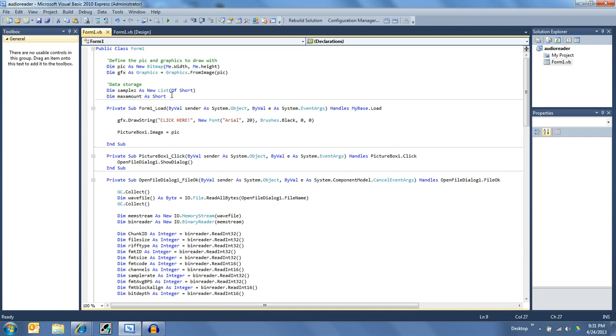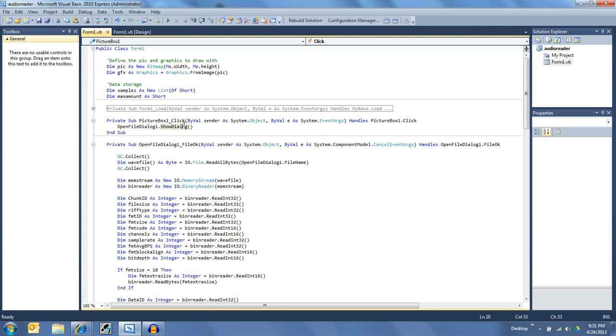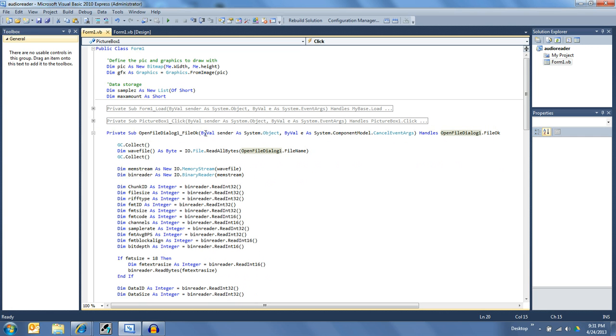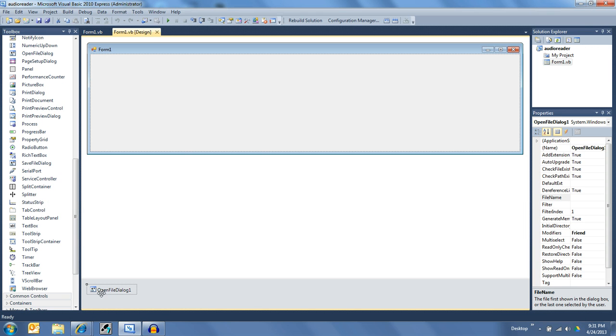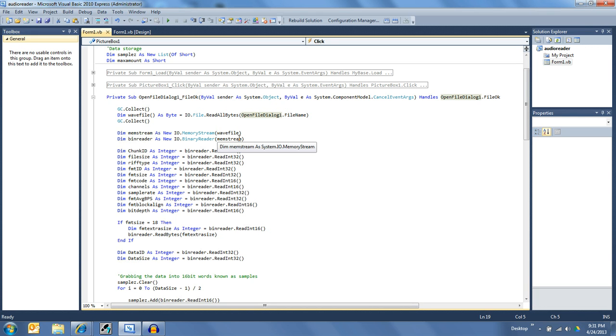box. So upon form load, the first thing I do is take the graphics and say draw string of click here at 0, 0, size of 20 in an Arial, and that then slaps it onto the picture box by using this command, picture box one image equals pic. There we are, simple enough. So when you click on the picture box, it opens the file dialog, and upon the open file dialog being okay, which you can create that easily enough by just double clicking on an open file dialog, then